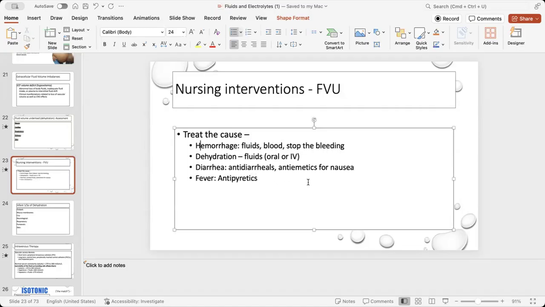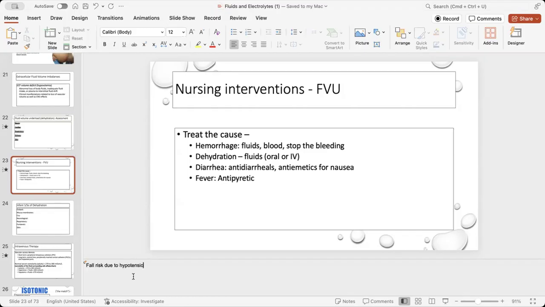Am I at risk for anything if I'm dehydrated? What kind of safety precautions do you have to take for a client who is severely dehydrated? Because what can happen? Has anybody ever stood up really quick when a little dehydrated? What happens? You get dizzy, orthostatic hypotension, down you go, right? So we make sure that our patients are safe that way. Good.